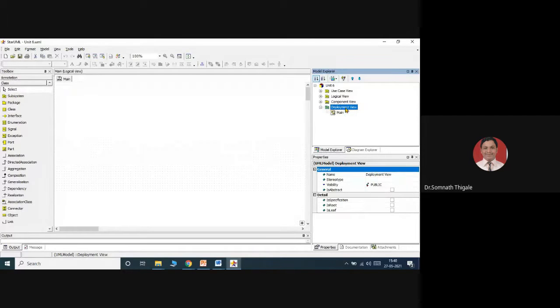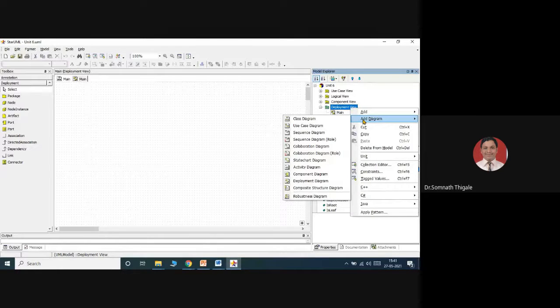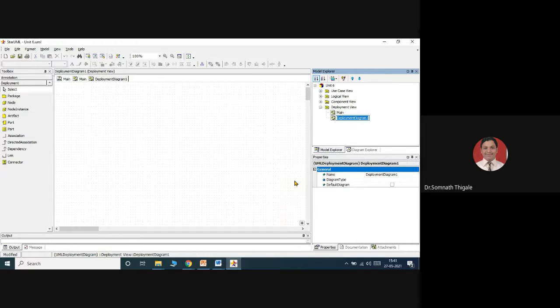If we expand it, we have one diagram by default, and with respect to that we will have the different scenarios. I'll right click the deployment view package, add a diagram, and select the diagram called deployment diagram. I'll give the name demo deployment diagram.